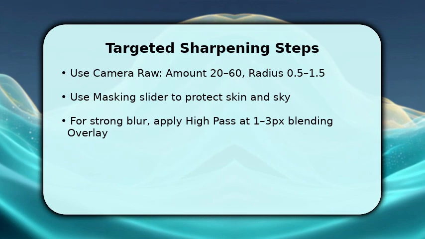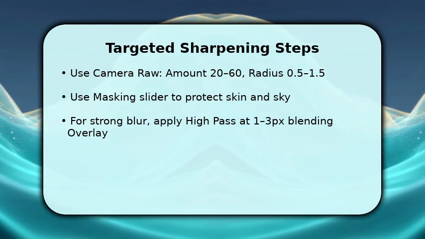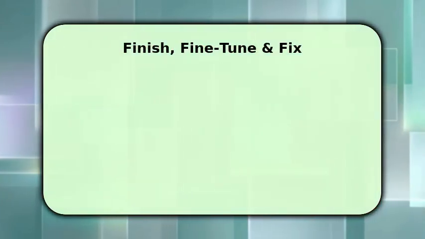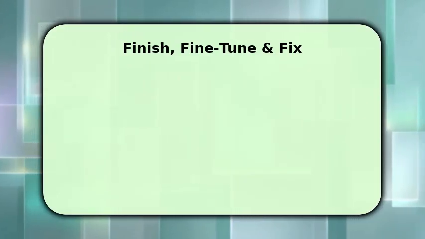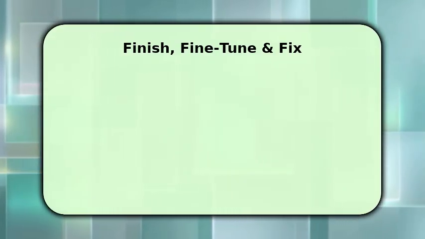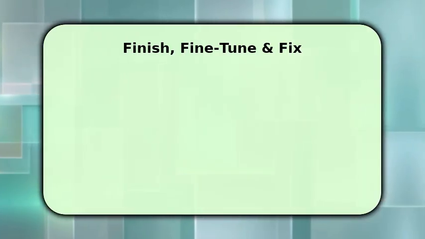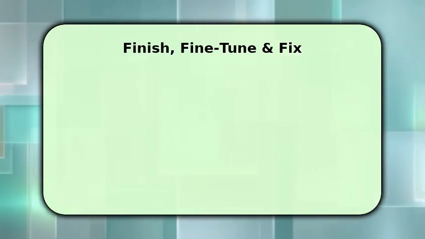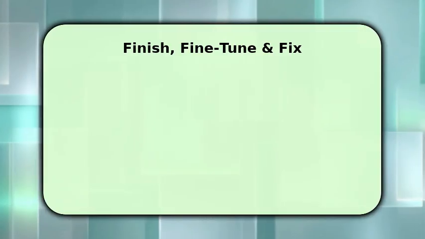To finish, apply noise reduction selectively because sharpening often raises grain. Use Camera Raw noise sliders or a reduce noise filter on a duplicate. Then inspect edges at 200%, and if you see halos, gently blur the halo area with a 0.5px Gaussian blur